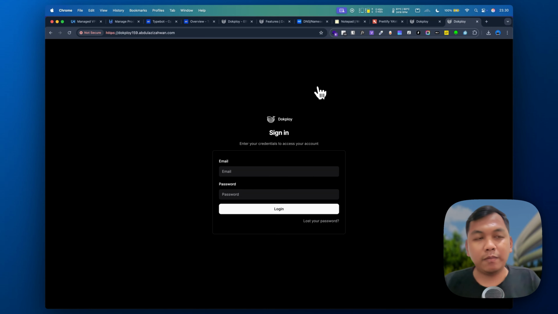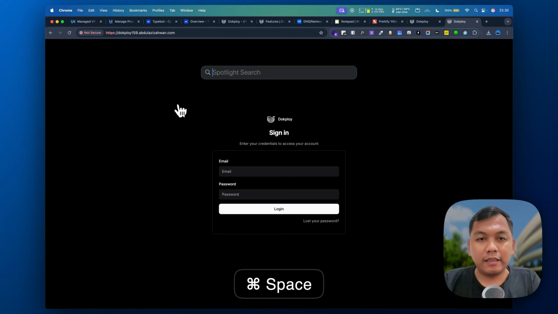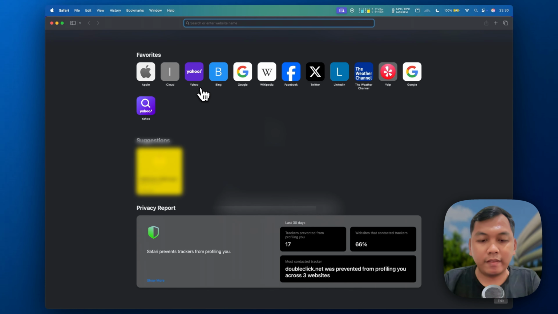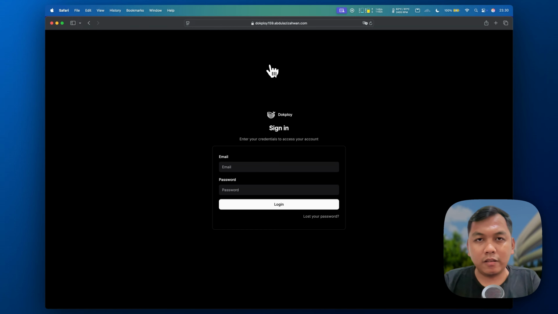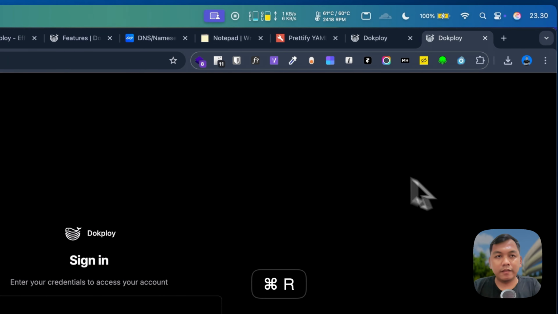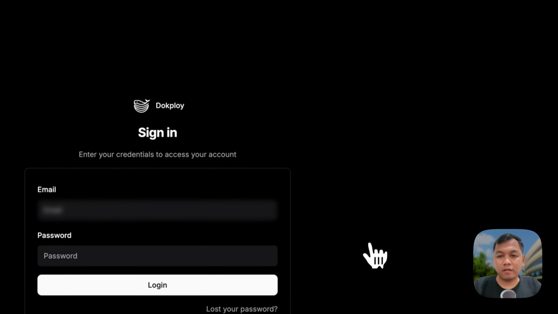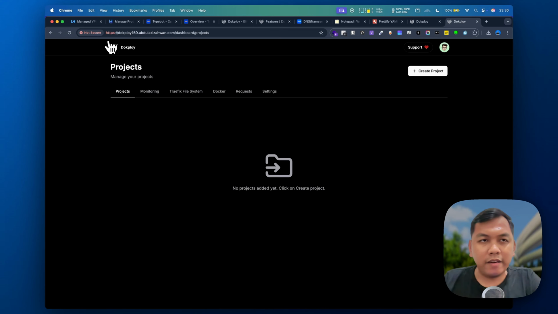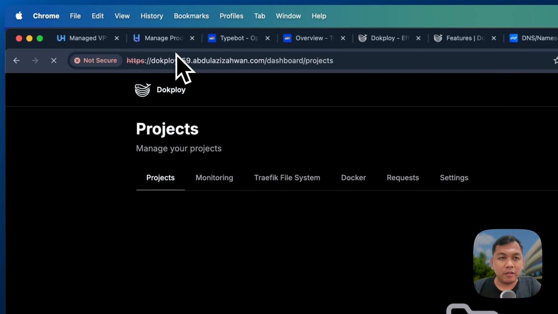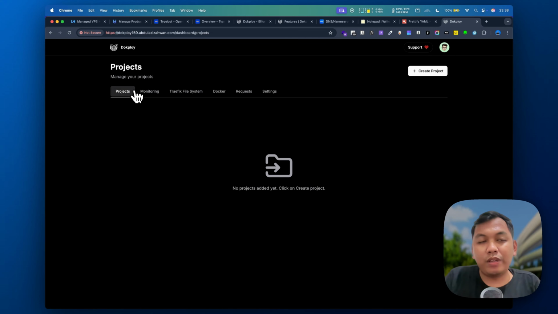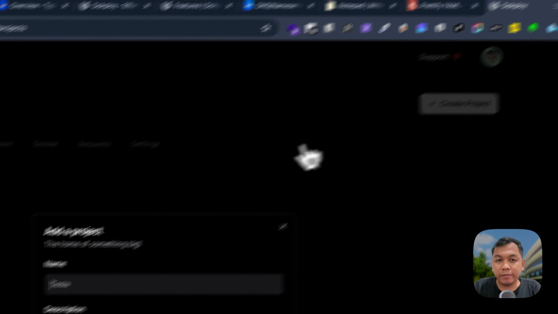Alright, so it's a success, but the SSL hasn't finished yet. But let's check using Safari. It has finished on Safari. So let's test again. It's a success to log in, but it's still not secure here. And next, once we're waiting for the provisioning process of the SSL certificate, we can press create project,